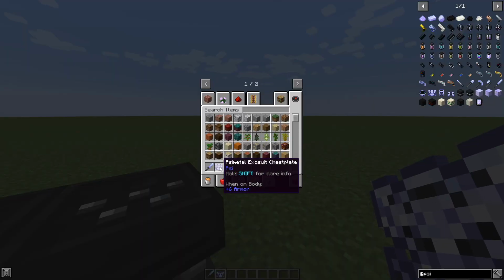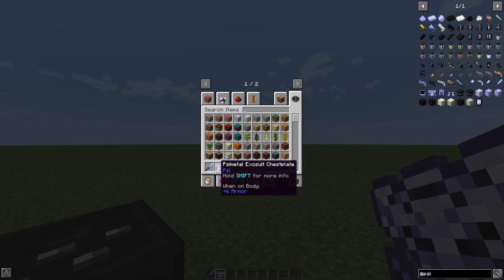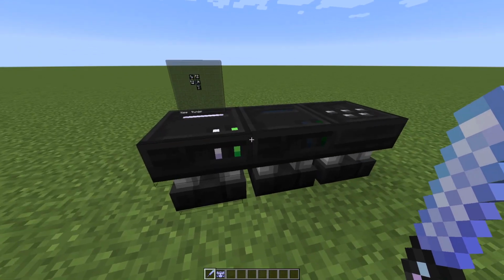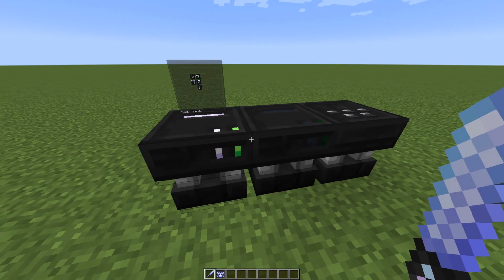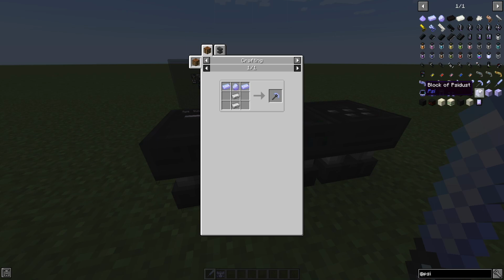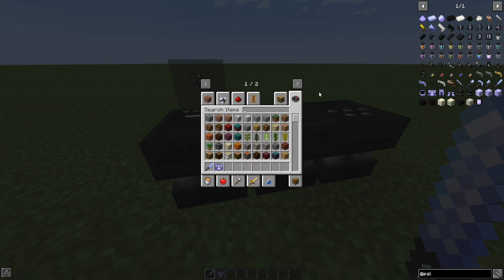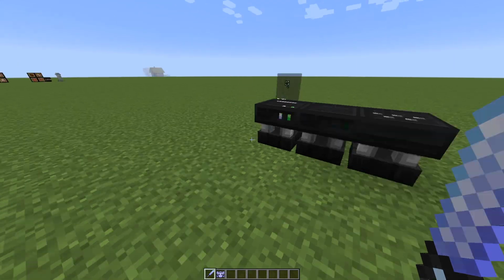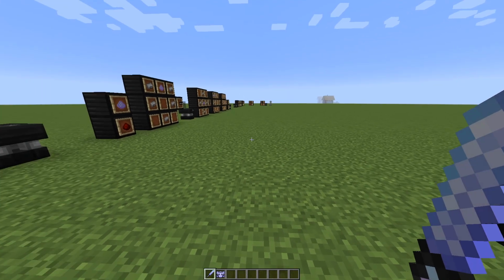So here the spell selected is thunder, and this is what you can add. You can also add, same idea, a spell just for your weapon, or change it. So you can add something like apply weakness when you hit. You can be creative with it. So it's really cool because you have tools which do specific things. You can add a spell for your pickaxe where it always breaks or collects or magnetizes items, whatever you want. And basically that's it for Psi. So you can do all of these things. It's a really cool mod because you can